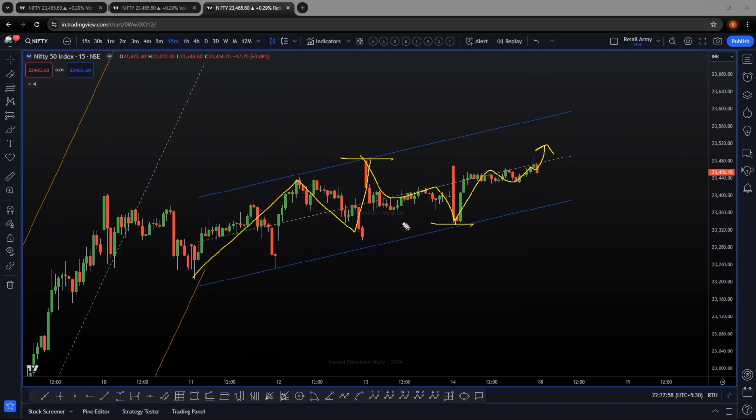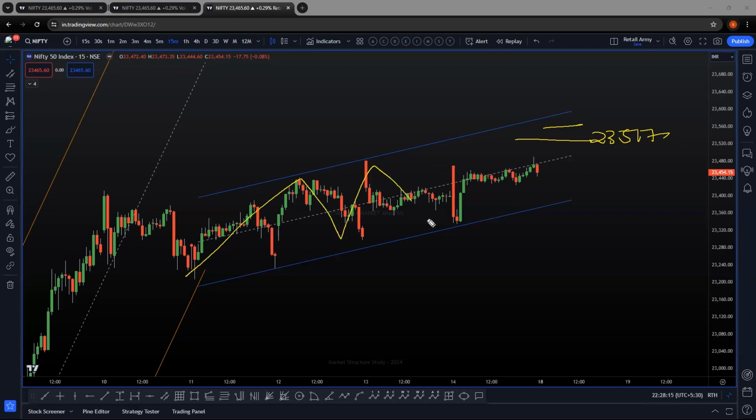It's very, very important. So right now, I've already shared the analysis for next week, what the expectation is. We have the 23,517 level. Above this, we cannot consider this pattern as an ending diagonal anymore. We have to consider it as a fifth wave of a different nature. I've already shared everything in detail on Friday itself. If price crosses this level, I'll play only intraday.